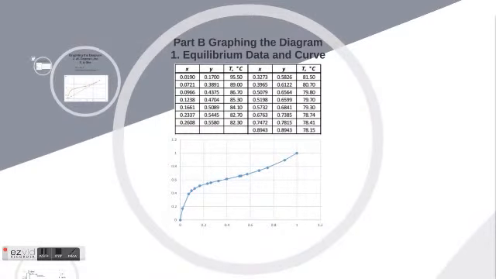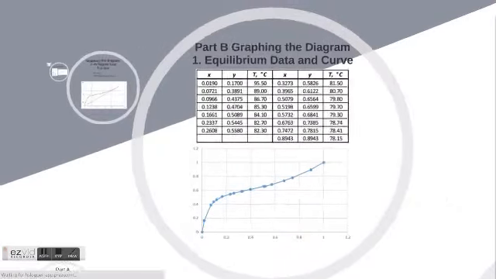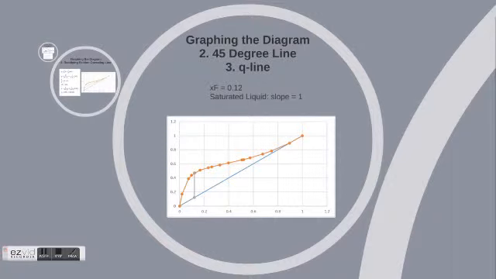Part B of the problem wants us to find the number of theoretical stages. In order to do this, we must plot 5 lines: the equilibrium curve, 45-degree line, Q line, rectifying section operating line, and the stripping section operating line. We are given the equilibrium data and can enter all of this into Excel to generate a curve like the one seen in the graph below. The X values refer to liquid mole fraction and Y refers to vapor mole fraction. The second line we must plot is the 45-degree line, which is just Y equals X from 0 to 1,